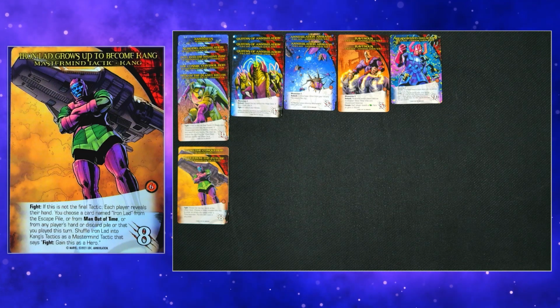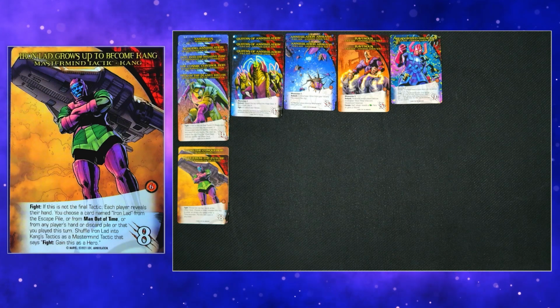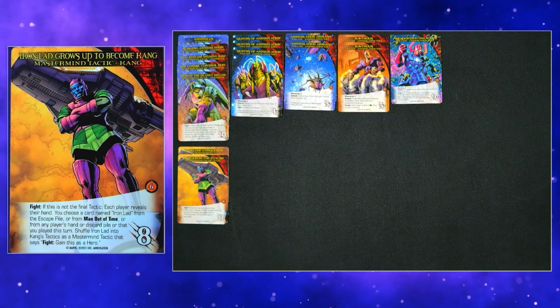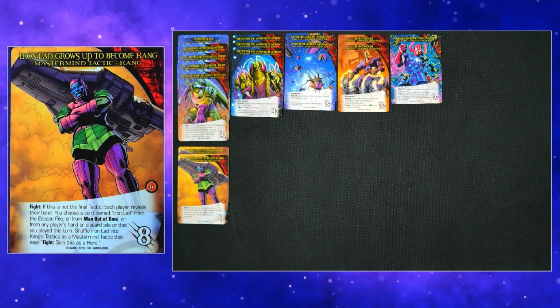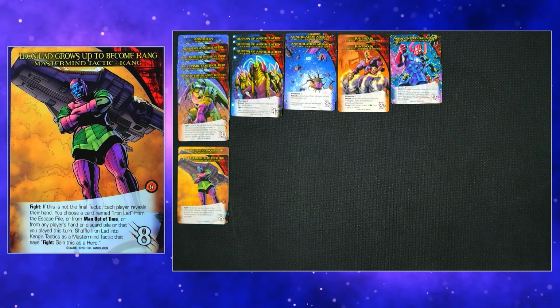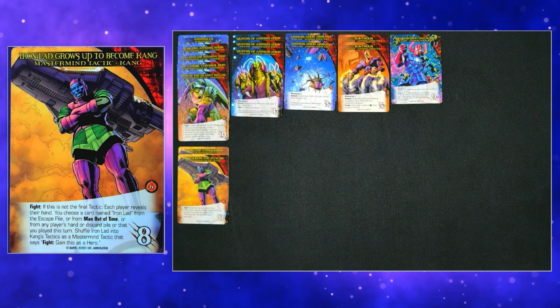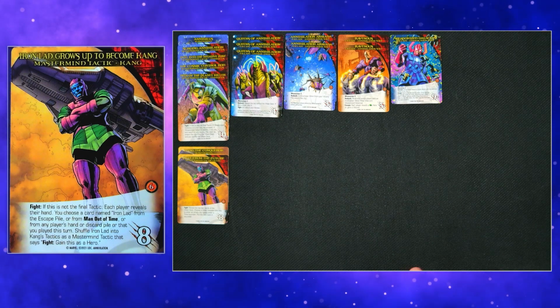Love it. Each player reveals their hand. You choose a card named Iron Lad from the escape pile, or from Man Out of Time, or from any player's hand or discard pile that you played this turn. Shuffle Iron Lad into Kang tactics as a mastermind tactic that says, fight, gain this as a hero. Very interesting. So you give him more tactics, kind of like Mysterio, but you fight him and you gain him